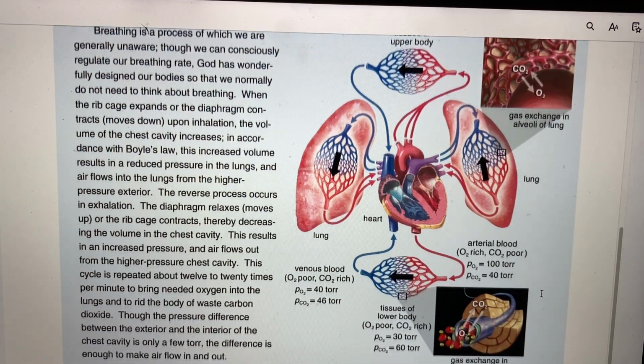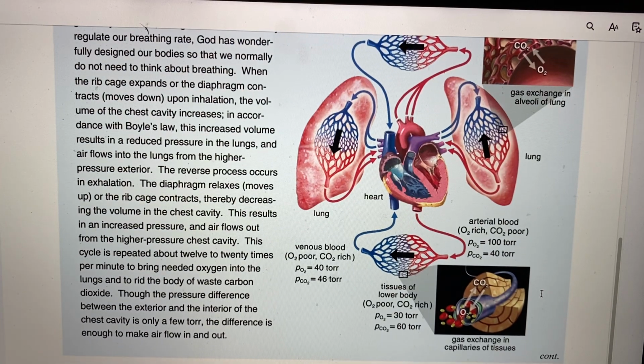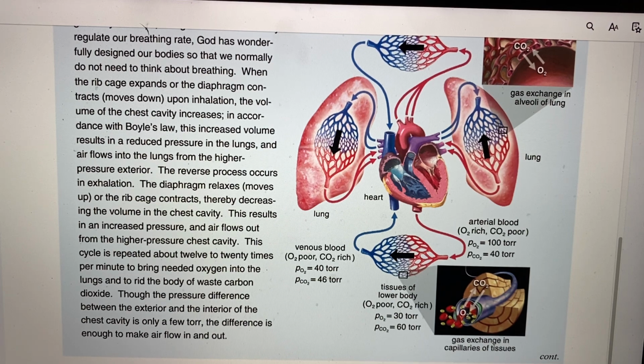If we didn't have this, Boyle's law, not necessarily, Boyle just made a law about it, but if the pressures didn't make a difference with the volumes, we couldn't even breathe. So pretty interesting. And here, even down the gas exchange in the capillaries, we have the CO2 and the